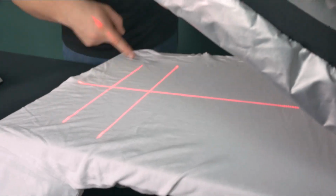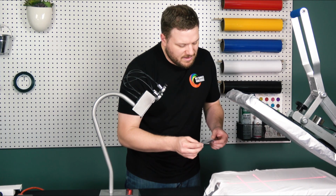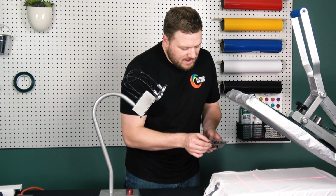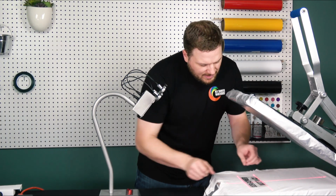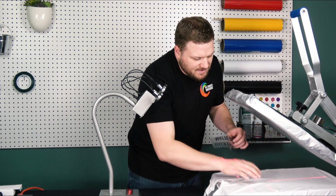where you need it. The top line and the bottom line are going to line up with the top and bottom of your transfer as you've adjusted your lasers to do so. So at the middle of this transfer, I can see it's going right on the edge of the A just by folding this. We're going to line it up. And again though, this system is just to make sure that each of your transfers is consistently laid out